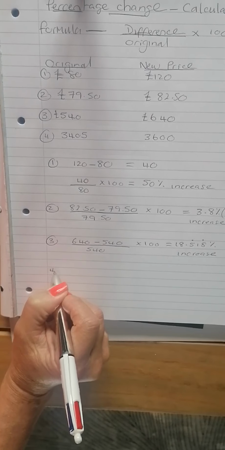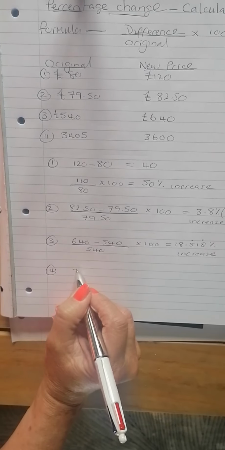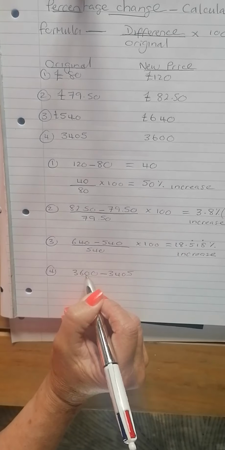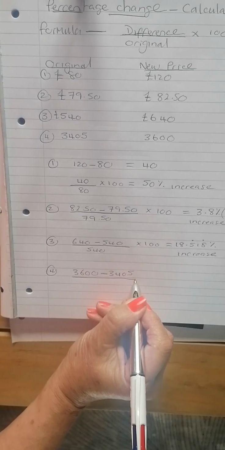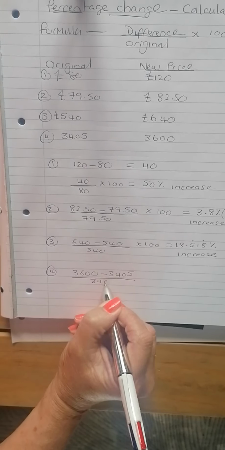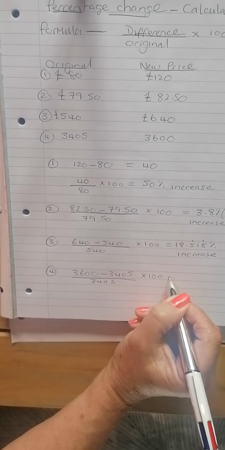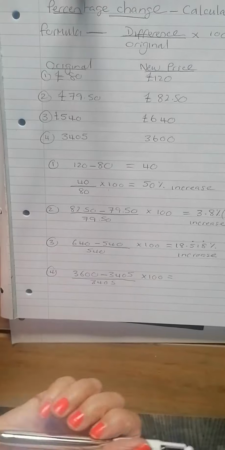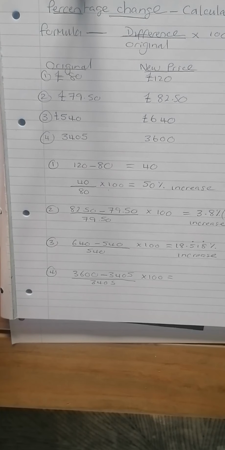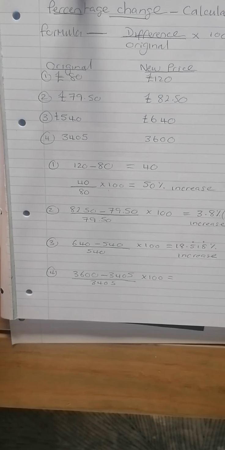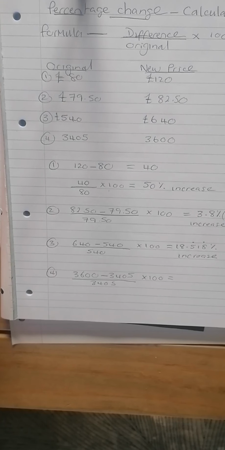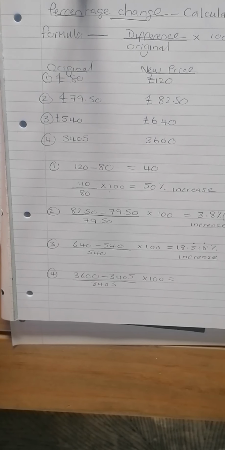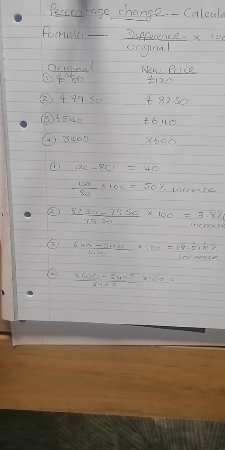Let's do the last one. The difference in the prices, 3600 take away 3405. So that would be the difference in the prices over the original amount multiplied by 100. Again, we can see it's an increase because it's gone from 3405 to 3600. So let's do 3600 subtract 3405 over 3405 and times it by 100. And the answer is,